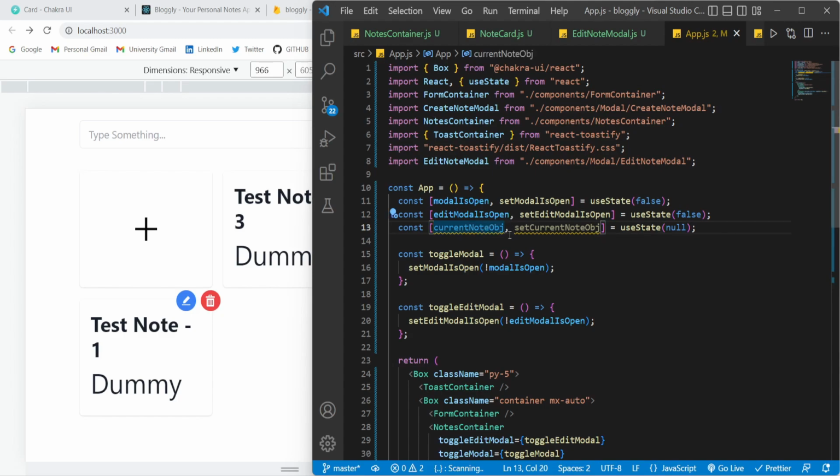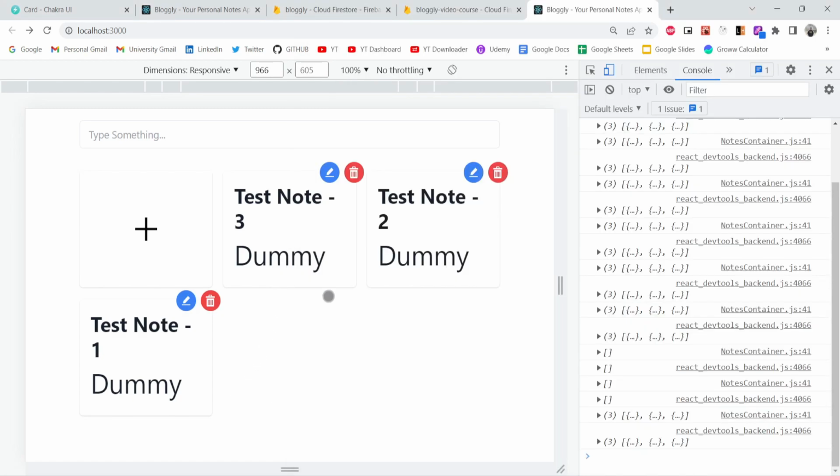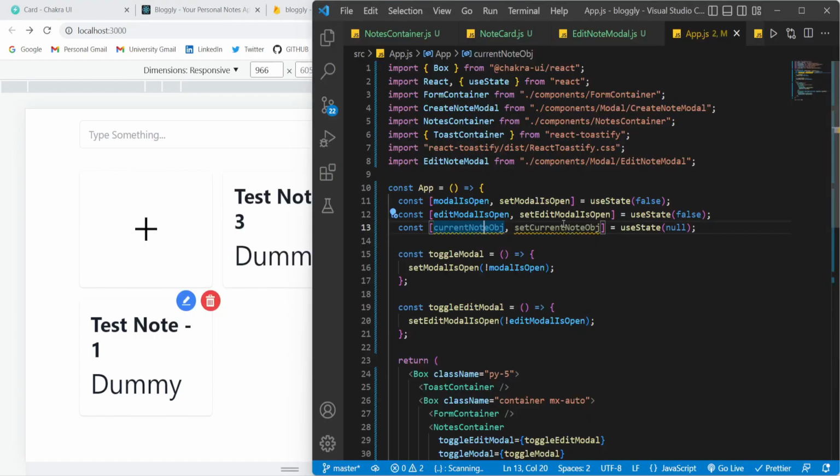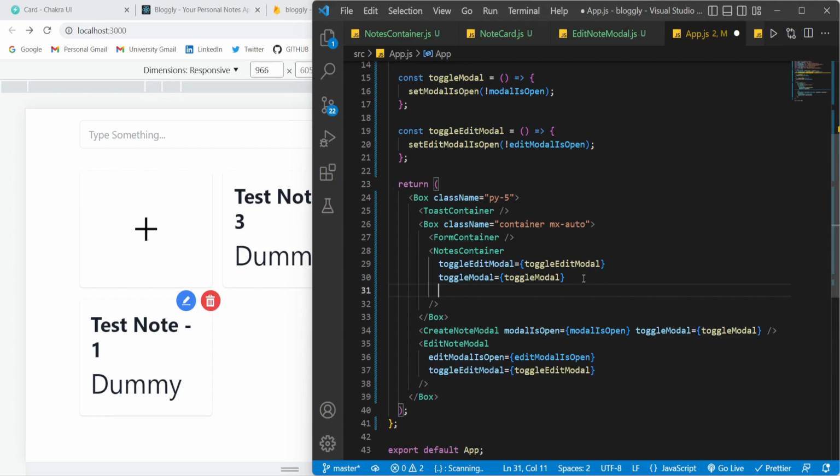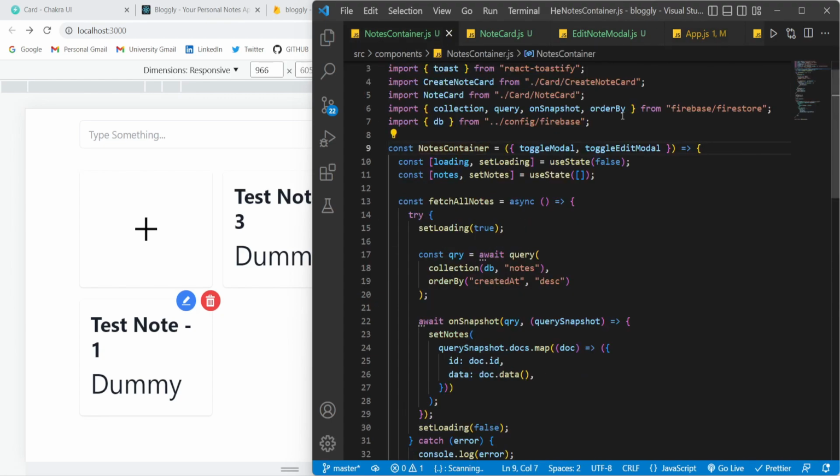Now what I need to do is, whenever I click on this edit button, we need to set that note object into this state variable. So let us copy this and pass it in the notes container. Okay, that's it. Now go back to the notes container,